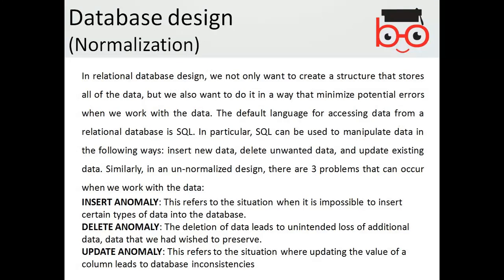When you come to the update anomaly, it means that when you want to update not only one table but all other relevant tables, it should happen automatically. It shouldn't be the case that you removed something from the stock and something was sold to a customer, but the stock was not reduced in quantity. So this is really a concern: your database should be error-free by applying normalization techniques.